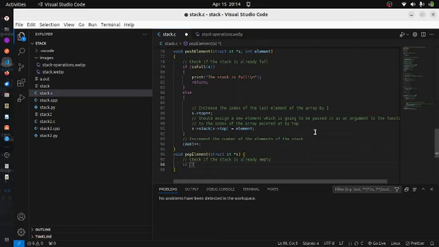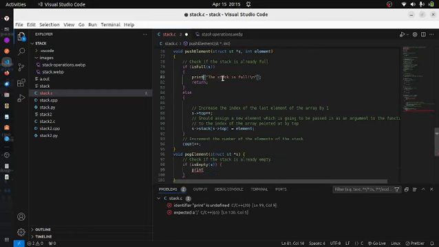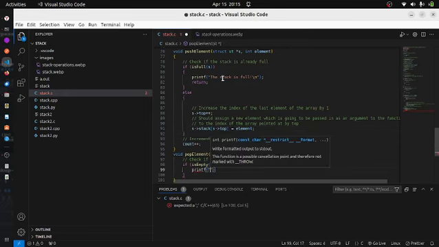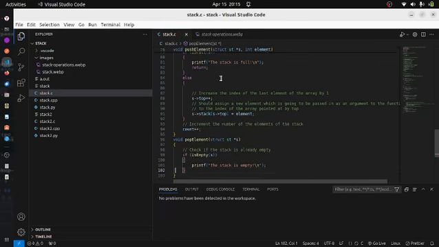So we're gonna say if is empty, yes, and here we should use the printf function, which is a built-in function in C. We're gonna say the stack is empty, right? And we're gonna print a new line, and we're gonna return. Alright. Otherwise,